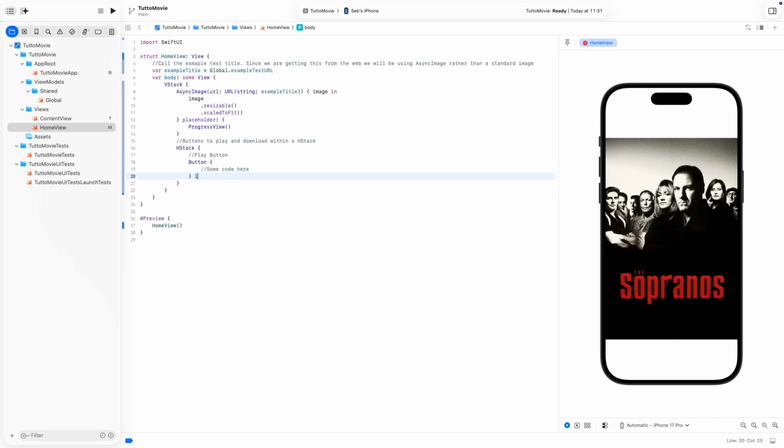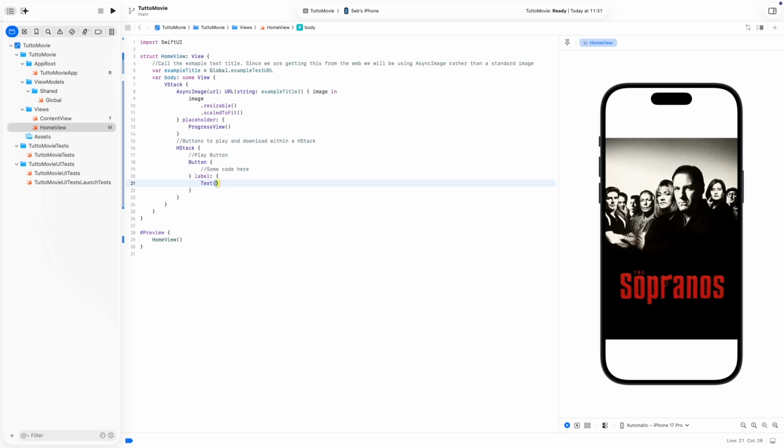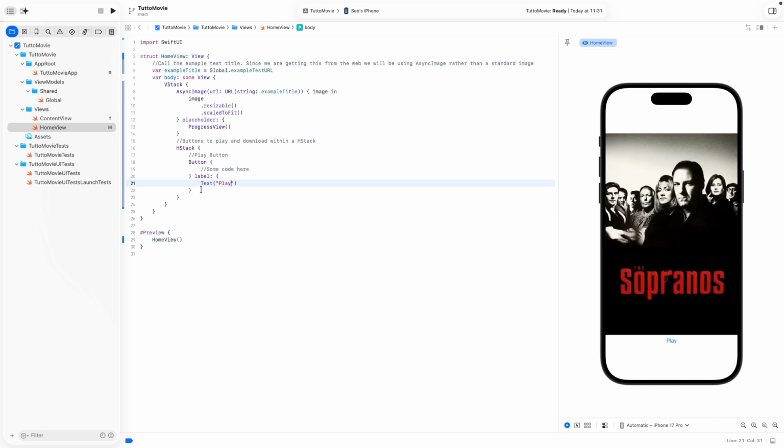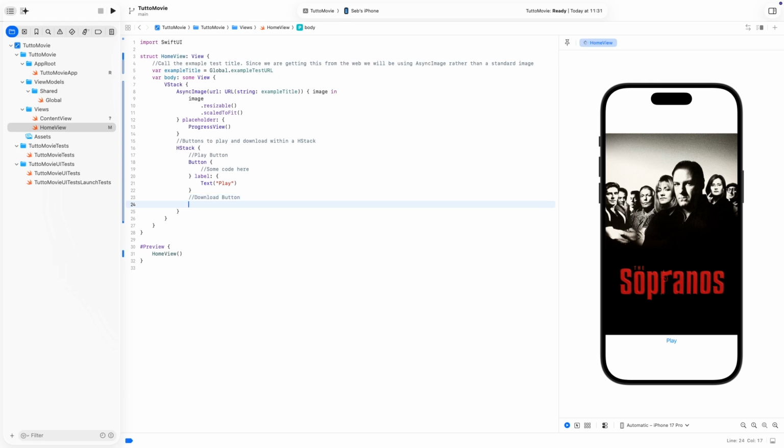Then, because we didn't set a string within the parameters of the button, we will need a label, and we'll simply put Text and "Play", and then you can see it loads and we have a play button. And now we'll just comment to make it clear that the next button within the HStack will be a download button. So we'll have Button, curly brackets, and then some code will go in the button, and then a